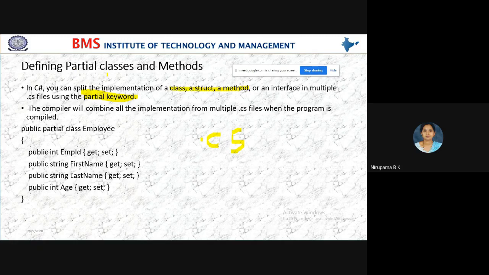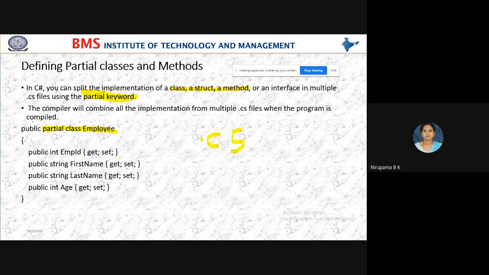Just to understand, using this partial class, you can create multiple interfaces, or you can create a subprogram for classes, structures, and methods, using a class with this partial keyword. So this is the example of partial keyword: public int EmployeeID, get and set.